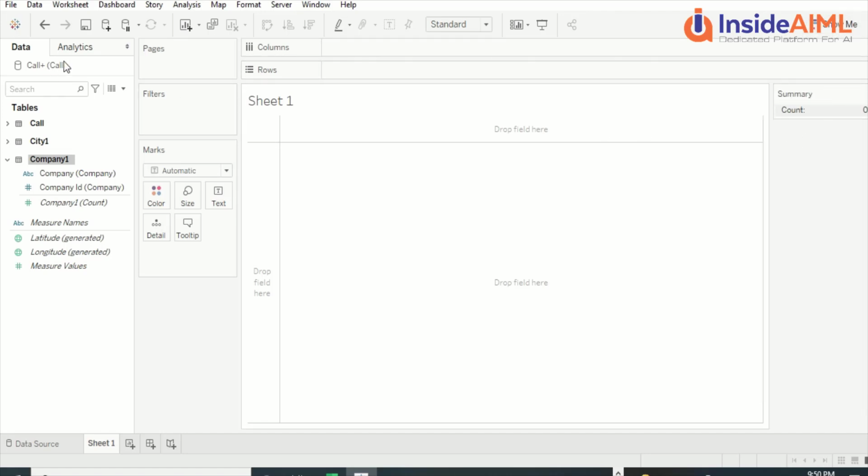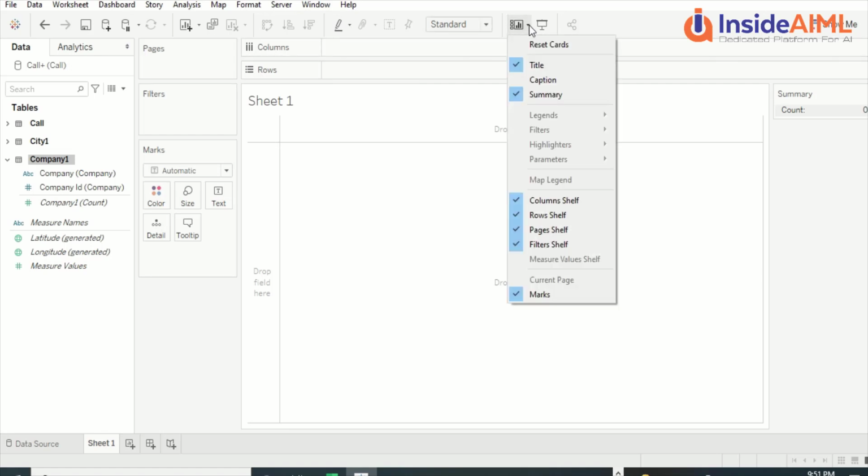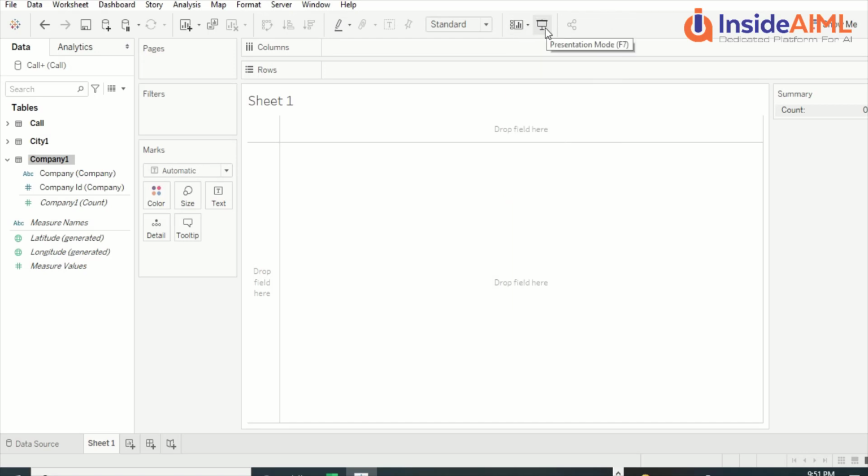Then there are icons: here we have a save icon, this new data source icon, pause auto updates, then these plus buttons for worksheet, then these will switch columns and rows, sort ascending and descending, highlight, and then the standard fit view, which we will see when we come to the pie. Then we have these various options, and I think this is the slideshow option, the presentation mode, and then share workbook with others, and all those options are there.